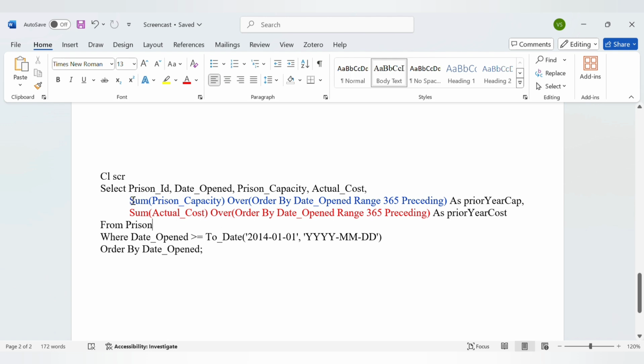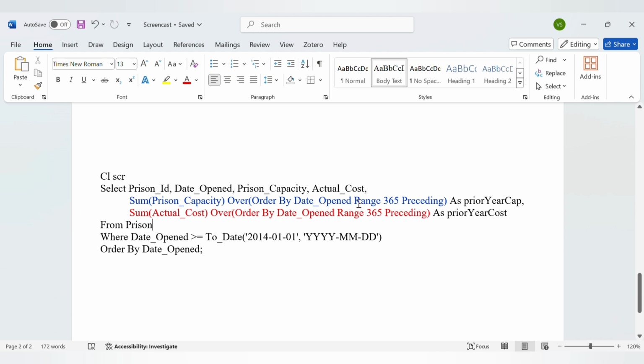Firstly, we specify the aggregating part of our query. Then we specify the over clause. Over clause can consist of different analytic clause, namely partition clause, order by clause, and windowing clause. In this example, we have not used partition clause as it is not required. But here you can see the order by clause where we have mentioned that we need our data sorted by